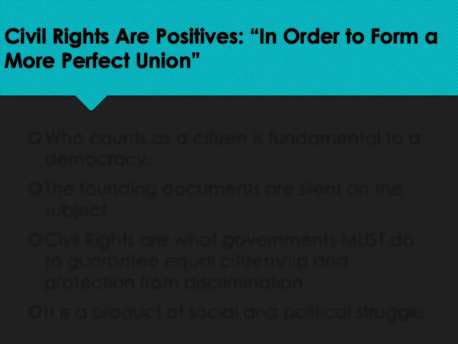Okay, so remember from our last chapter when we were learning about civil liberties. And remember, civil liberties are what government must not do. We talked about civil liberties as the thou shall nots, telling government what they are forbidden from doing. Civil rights are what governments must do to guarantee equal citizenship and protect citizens from discrimination. In other words, it's taking positive action. It's a demand that we place on government. And that's why it says up there that civil rights are positives. And because they're positives, it moves us in the direction of forming a more perfect union. We're demanding government to tell us what the rights of citizens are and protecting the rights of citizens.